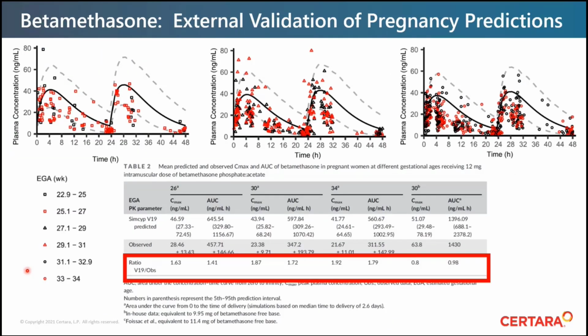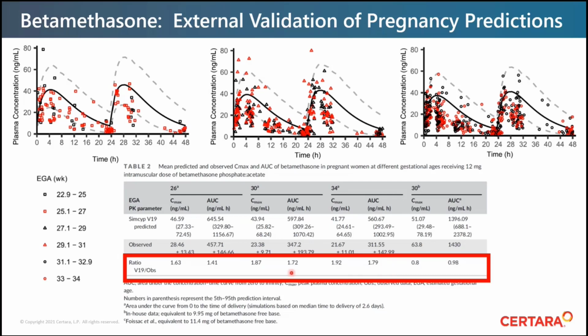So the important part of doing this was to say, well, now we have the IM data. Does their model predict what we saw clinically? And you can see from these plots and the ratio of predicted to observed, we did a fairly decent job. For our validation criteria, we were using twofold validation, which is pretty typical for a PBPK model. And you can see we fell within that criteria for both AUC and Cmax at the various